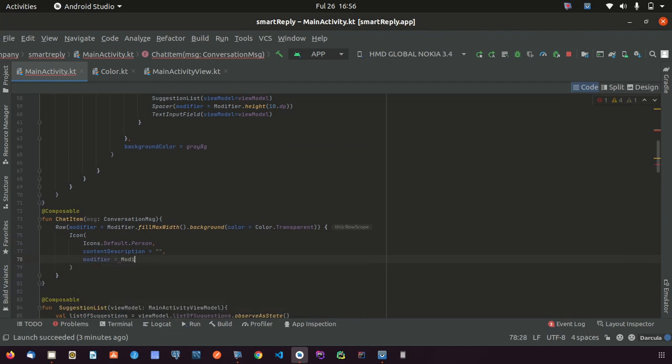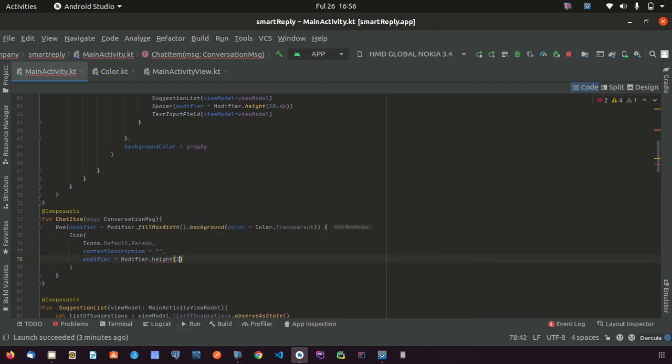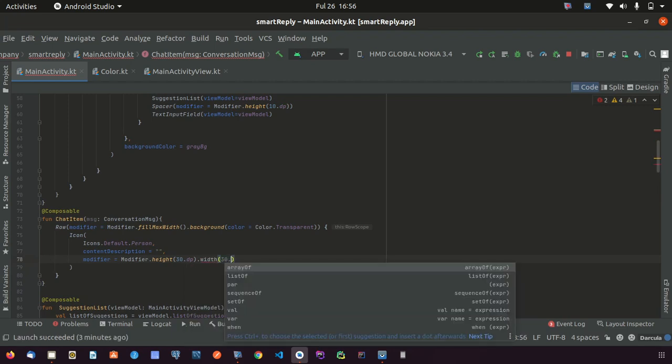So modifier will be height of 30.dp, and a width of also 30.dp,